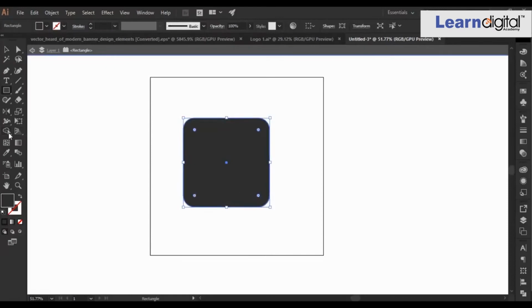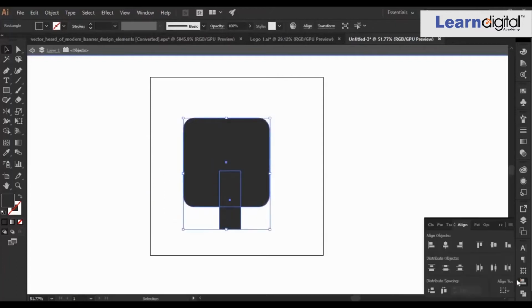I'm using a rounded rectangle to create this icon. So initially, draw one rounded rectangle. Again, I'm creating one more rectangle for the door. So using alignment, align center,